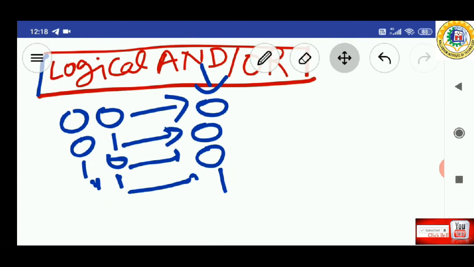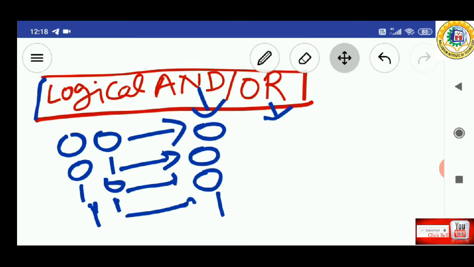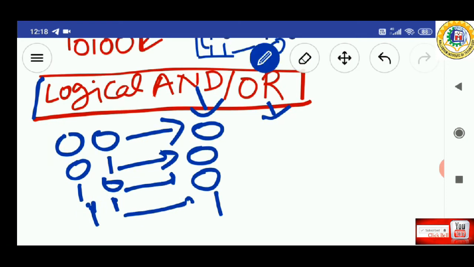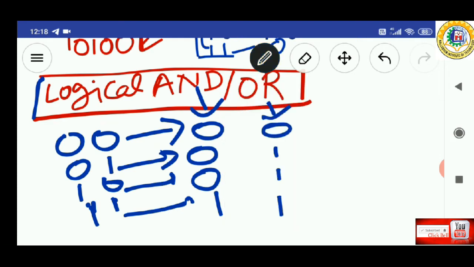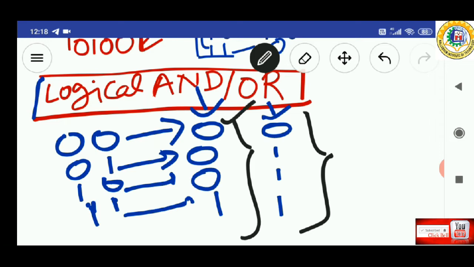So these are the outputs of the logical AND and the logical OR operations, and they have different kinds of applications, which we will also see.